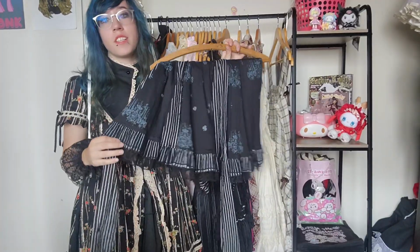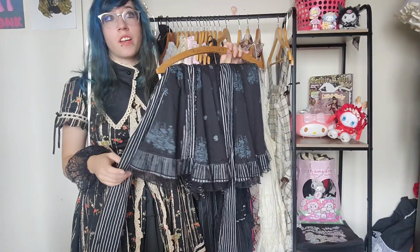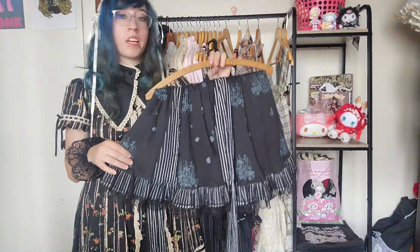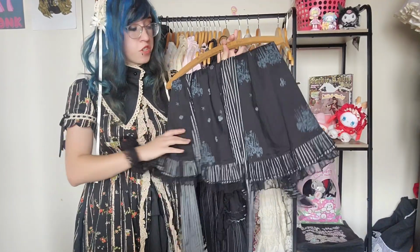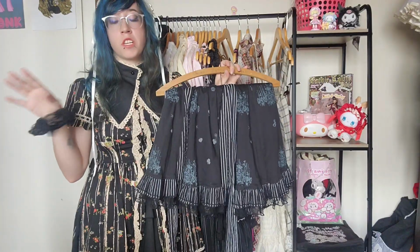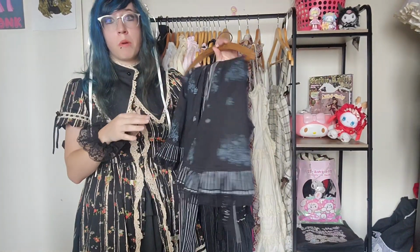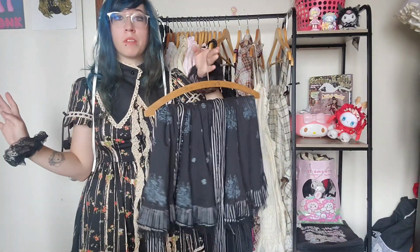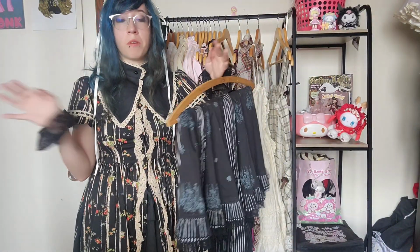So this is that silly Blood Honey JSK that I got. I don't really know if it constitutes as Lolita anyway, but I do wear it as such. I store it like this because I'm just worried about the thin little armband stretching out. This is also how I store Miranda because I don't really know how else to store them properly. I don't really want them on the ground or folded up, but